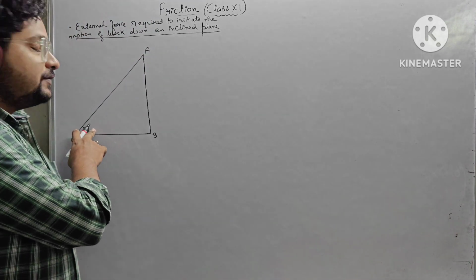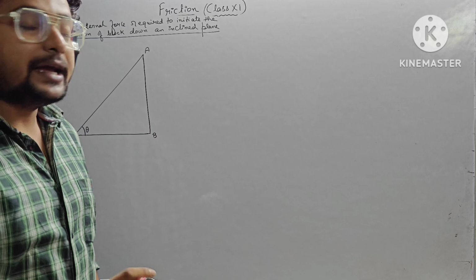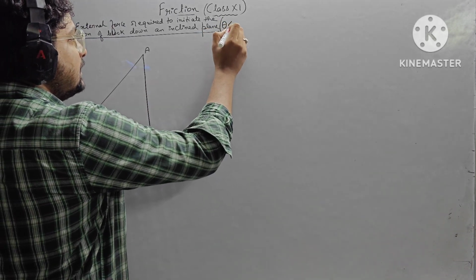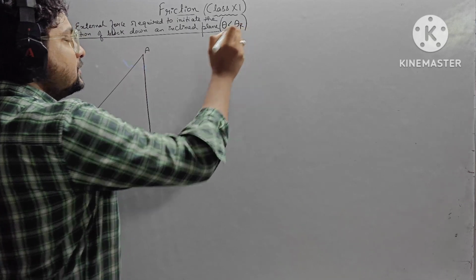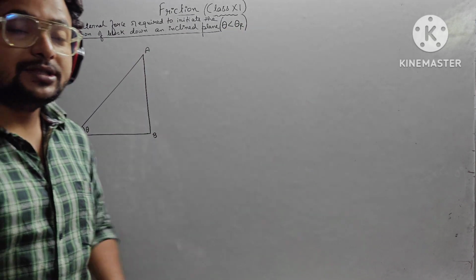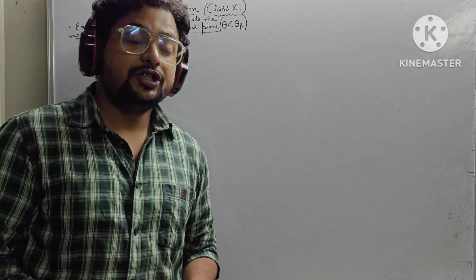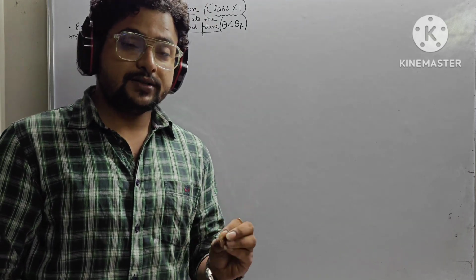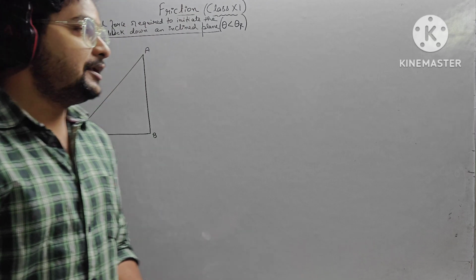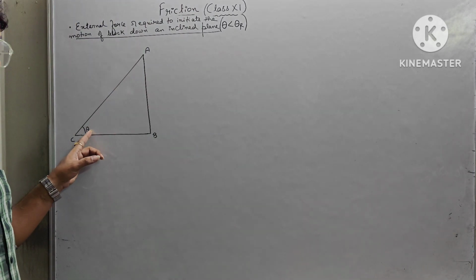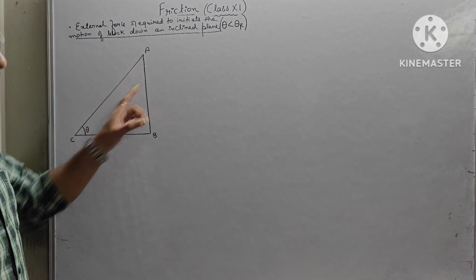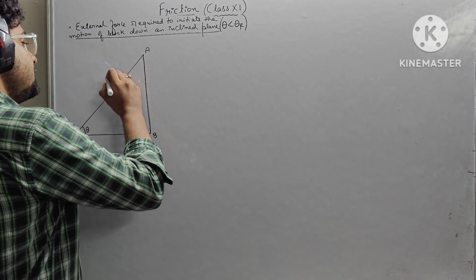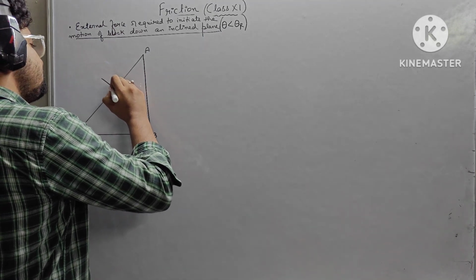Now if the angle of inclination is less than the angle of repose, what was the angle of repose? The angle of repose is the angle of inclination at which the block just starts to slide down with an acceleration. Now, if this particular angle of inclination is less than the angle of repose, in that case, if I place a block over here,